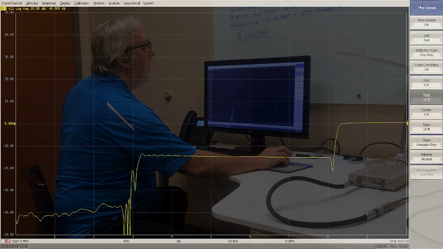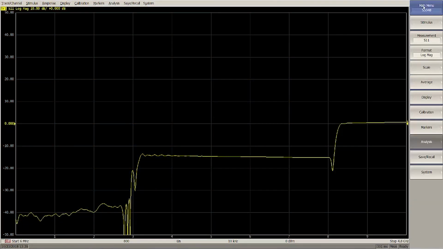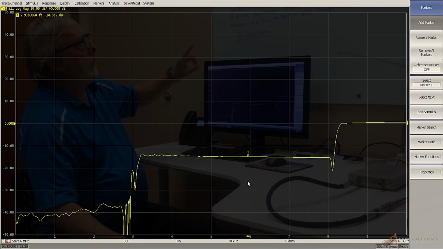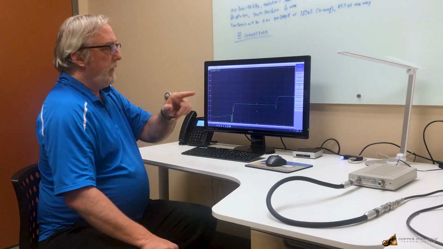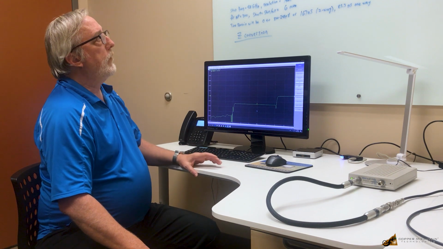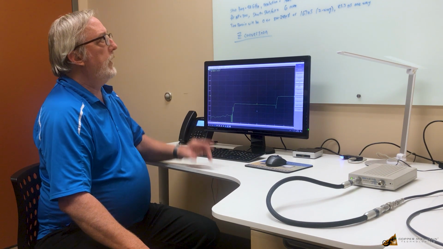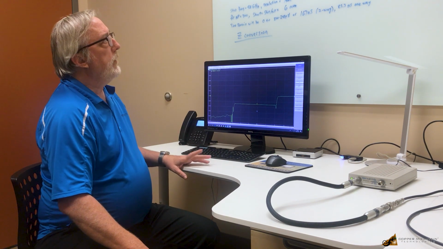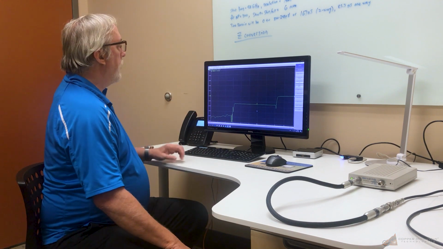I can put a marker on it and measure it. And it's about 14 dB. So if you do the calculation, because I'm on a 75 ohm cable, the reflection coefficient is 0.2, and the return loss is 13.9 dB or roughly 14.